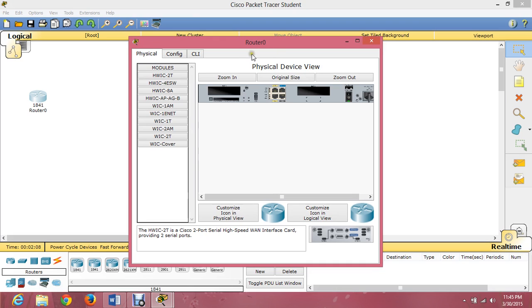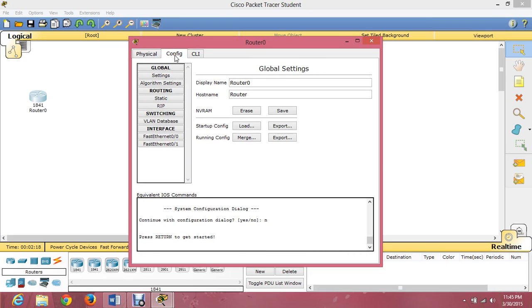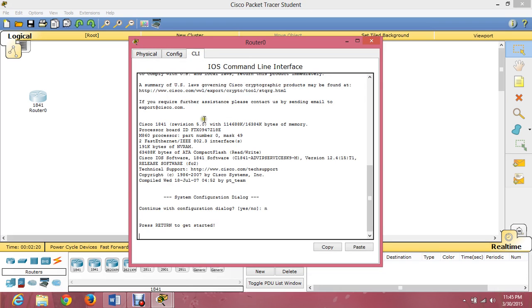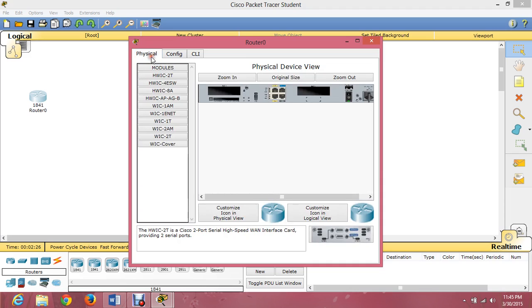There are three types of configuration, that is physical configuration, logical configuration, and CLI configuration. To rename the router, we must view the physical configuration and check that the power is on.